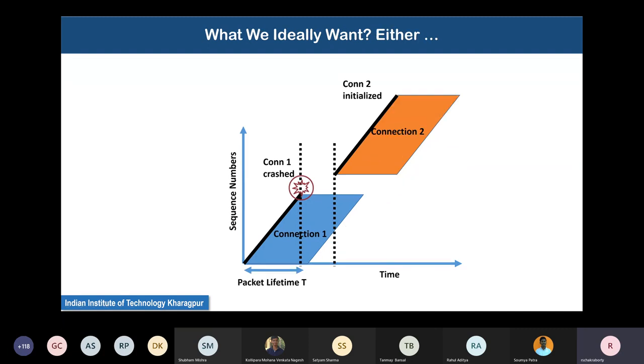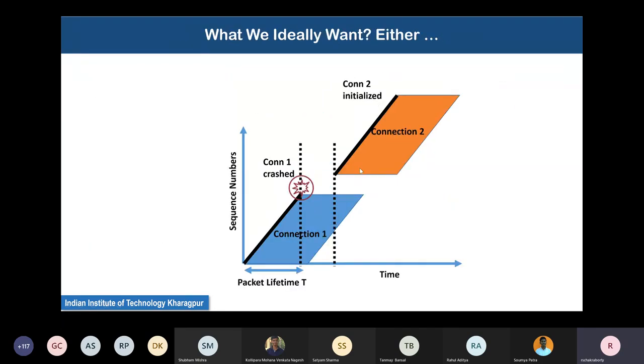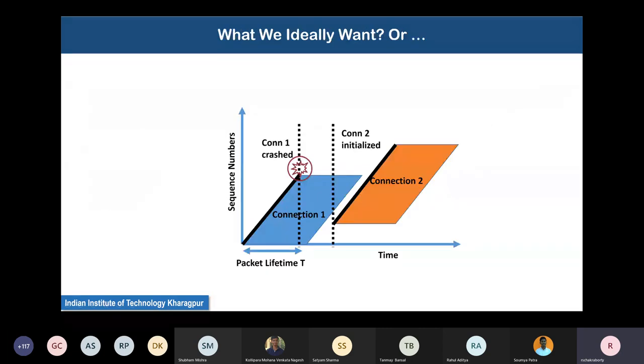But now this means that you need to remember what is the time at which this crash happened, what is the danger area of this blue parallelogram, and accordingly you need to select your orange parallelogram starting points. So these are complicated issues which we will keep on continuing to study in the next class, which will be